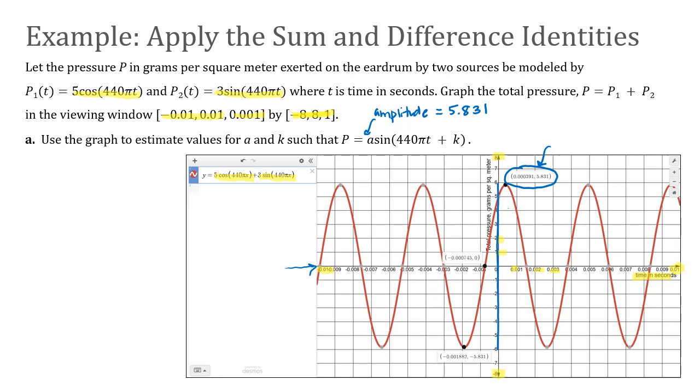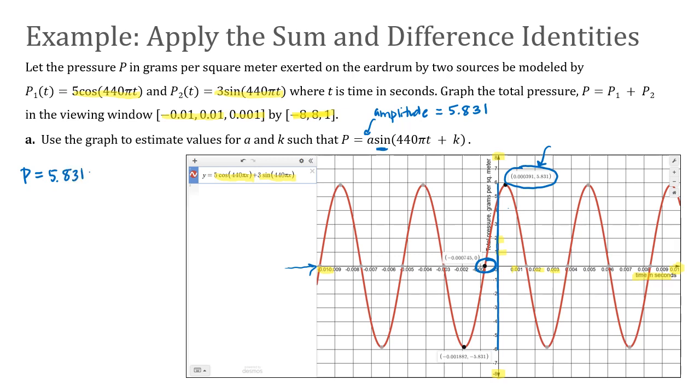Now, my K value is actually the phase shift. I need to find out what the horizontal shift is. This is a sine function, isn't it? And we know that a normal sine function is going to hit its midline at the origin. This one is hitting its midline just a little bit to the left, isn't it? And so we're going to say that we could rewrite this P equation as P equals the amplitude